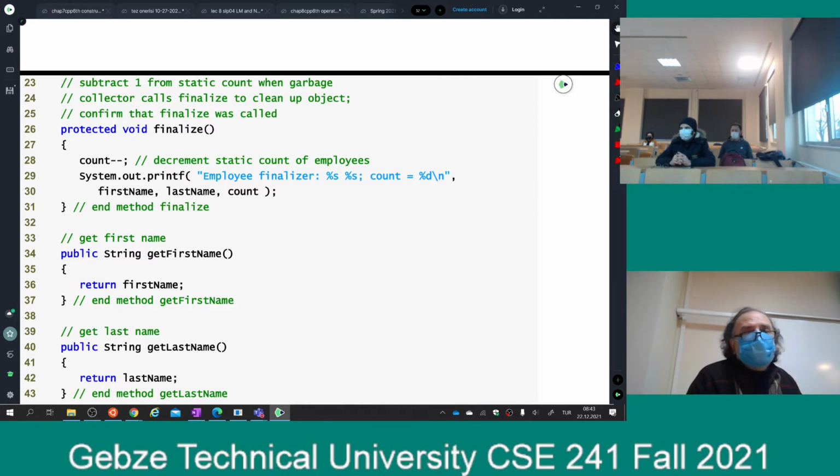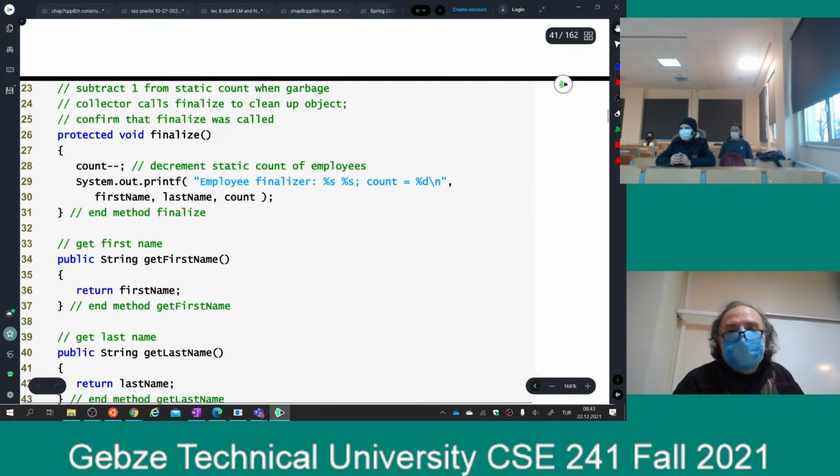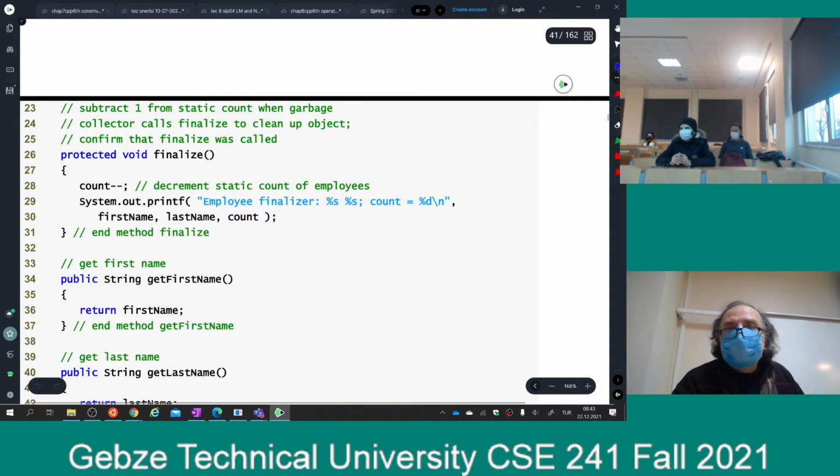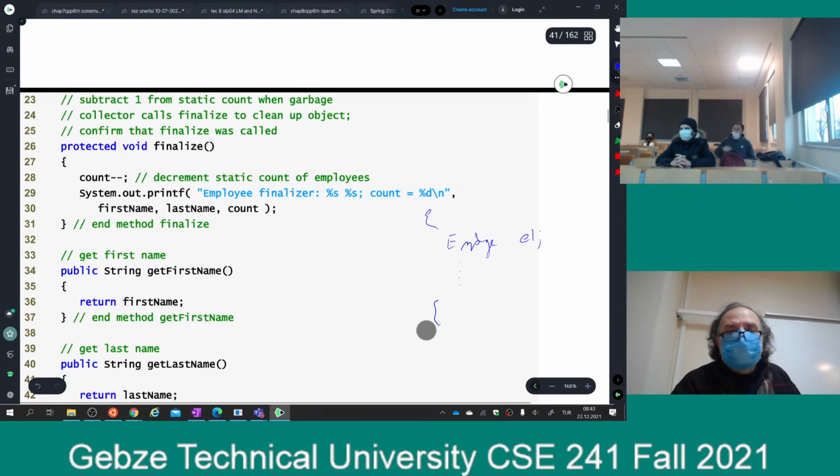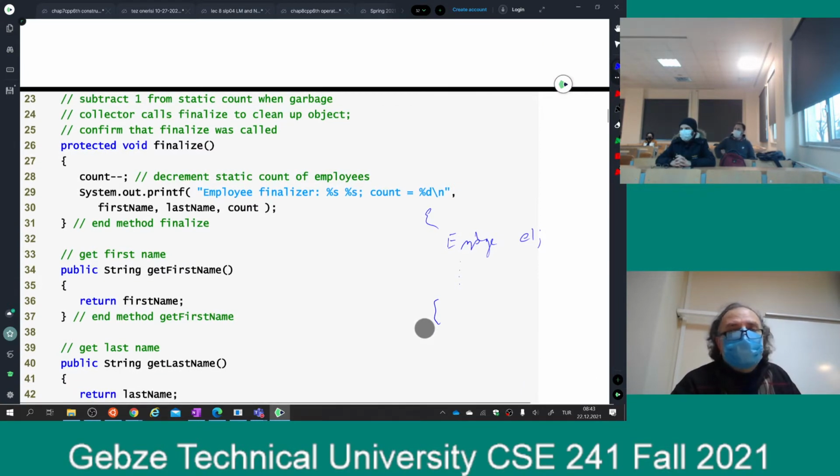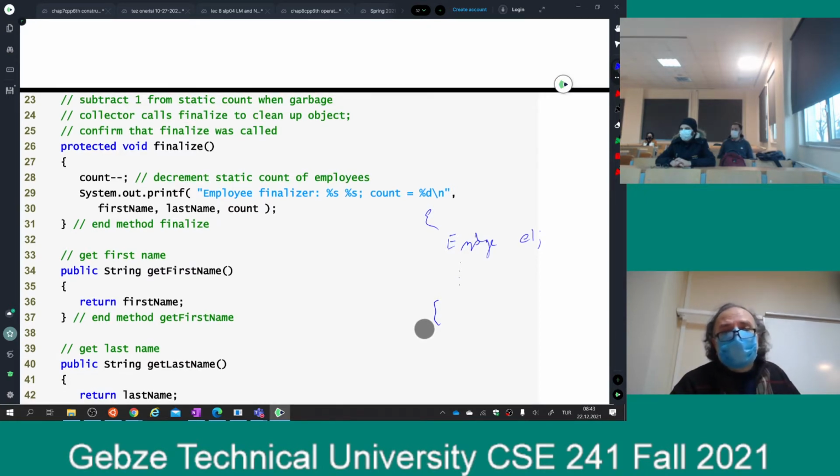In the destructors, in C++, I definitely know, okay, this is my employee E1. I do some stuff. I know that this E1 will be deleted here. I know that. And the destructor of E1 will be called here. But in Java, even if I do this,